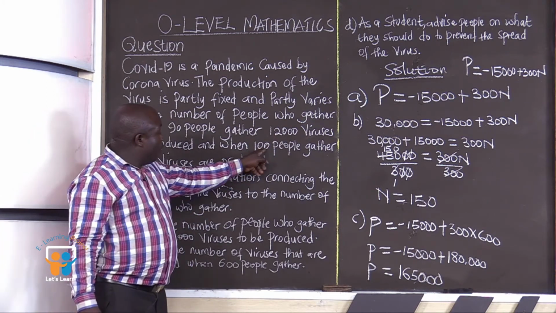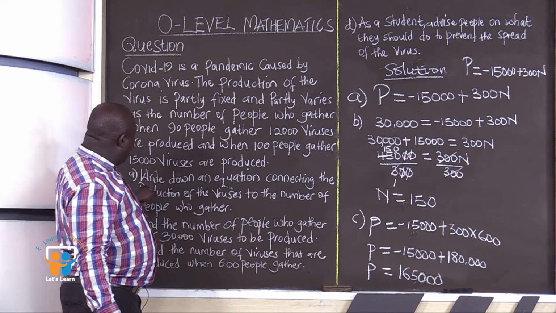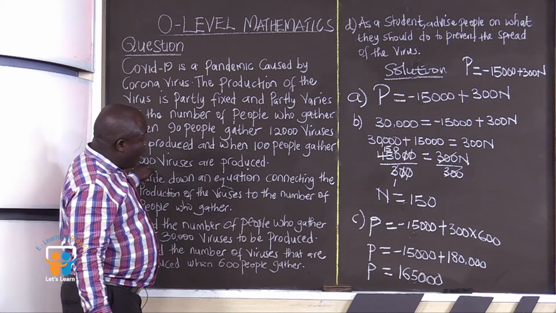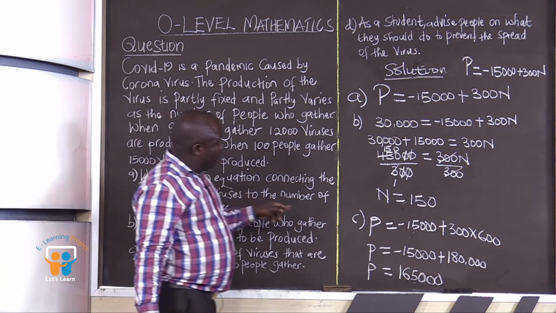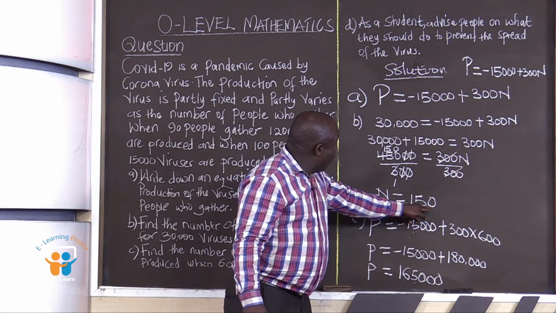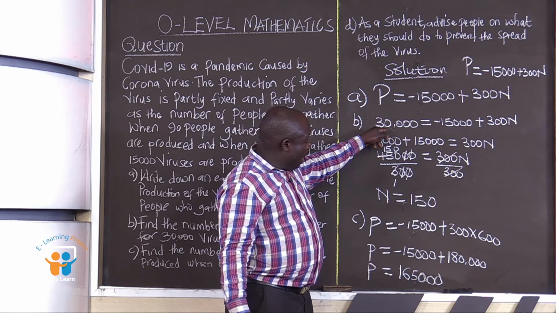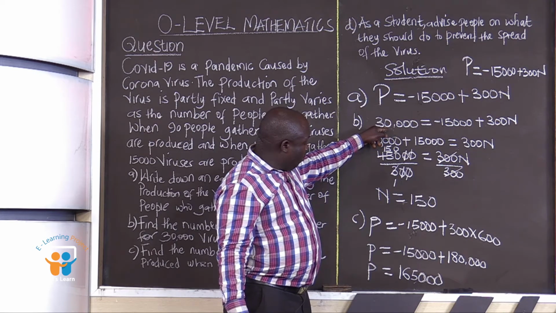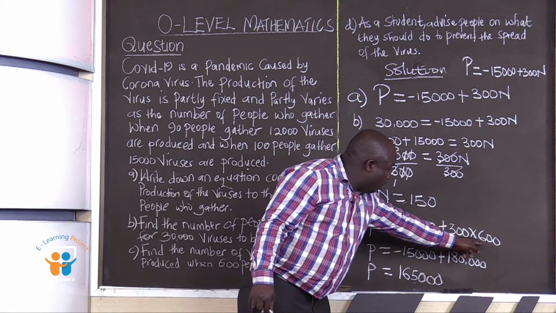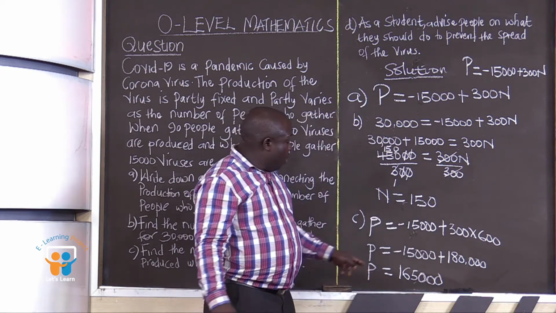And then 100 people producing 15,000 viruses. We are having 150 people producing 30,000 viruses. And then we are having 600 people producing